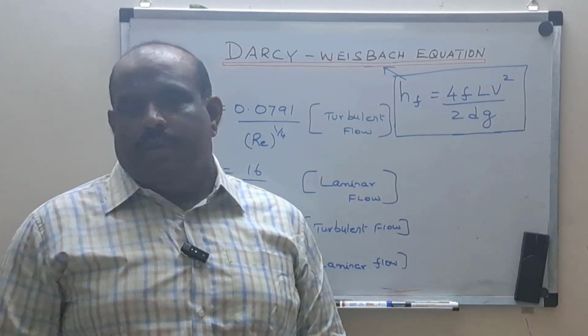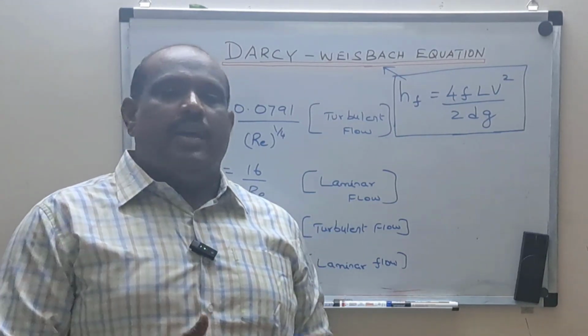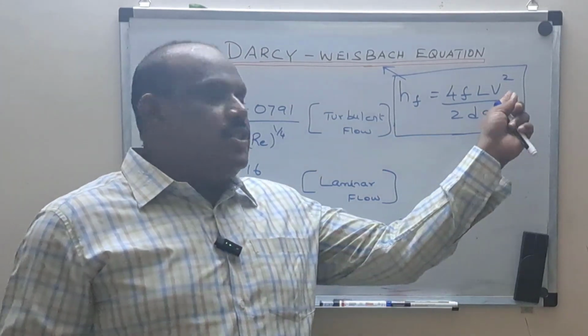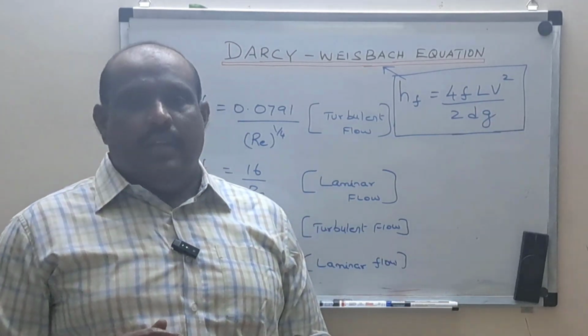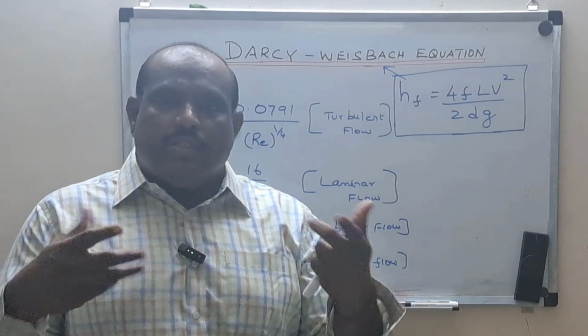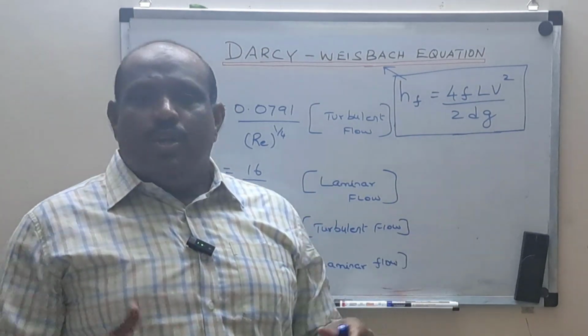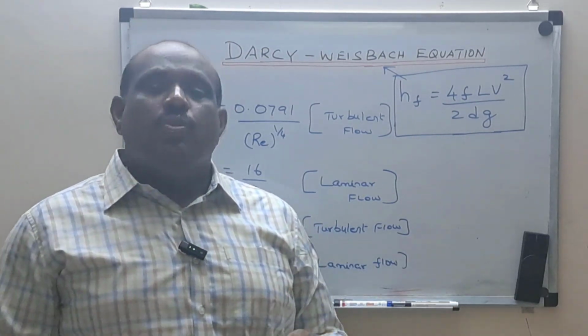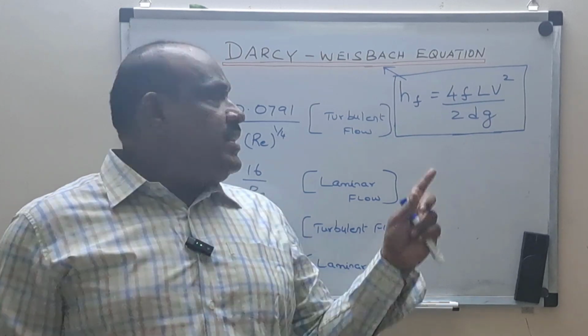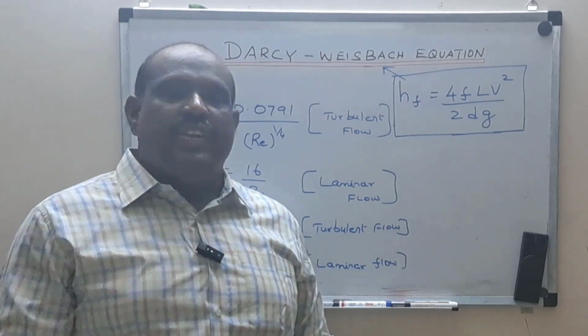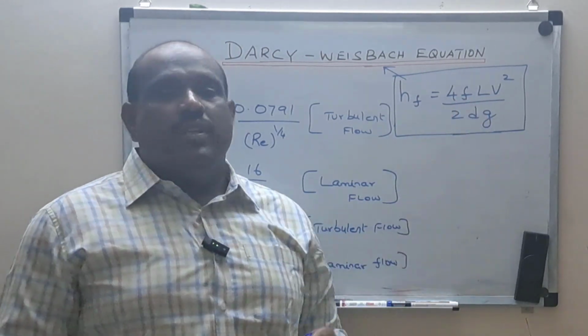Why? Because you are going to fix the Reynolds number, so you know whether the flow is laminar or turbulent. So you are going to fix the velocity also. That is, the flow property is also fixed. As well as you know the diameter of the pipe is also fixed. G is also fixed. 2 and 4 are constants. So the only factor which affects this head loss when other parameters are fixed is your coefficient of